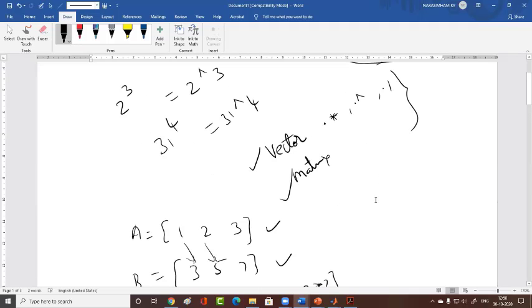That one is the next concept of MATLAB. So now we are discussing MATLAB as a calculator. Then we will discuss vectors and matrices. Okay? Yes, sir. Now coming to